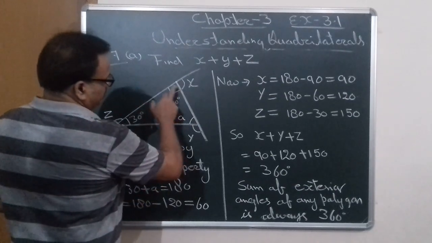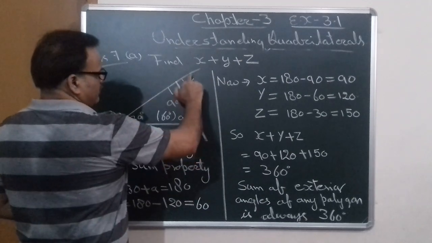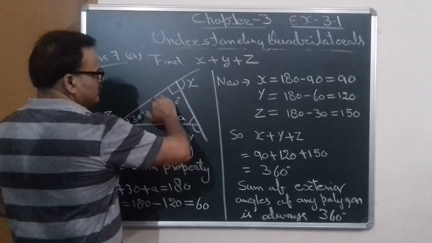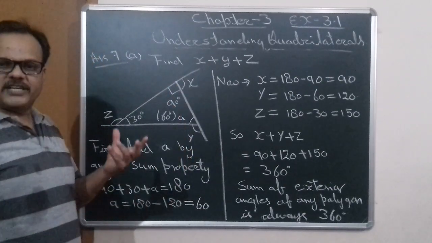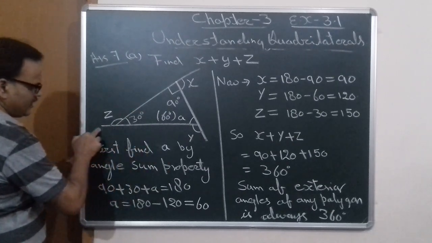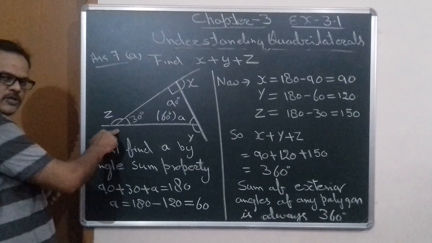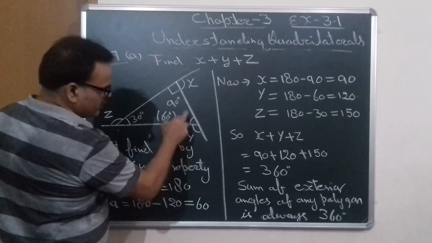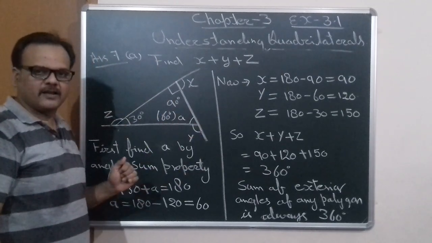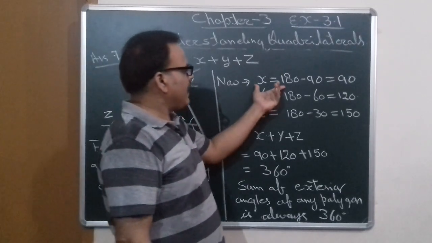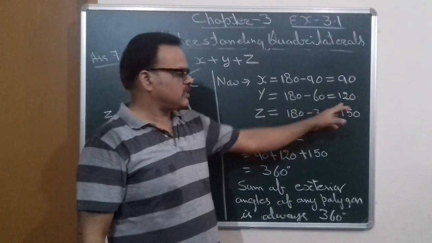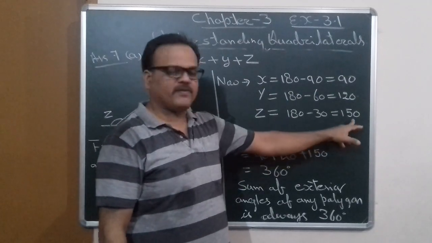Now find the exterior angles. Now remember, this line is a straight line. So if this angle is 90, it means this is also 90, because a straight angle is 180 degrees. In all the 3 cases we have a straight line. See, this line is also straight. So z plus 30 is also 180 and A plus y is also 180, because this line is the extension of this line, so it is also a straight angle. With the help of this, x is 180 minus 90, 90 degrees, y is also 180 minus 60, and z is also 180 minus 30, 150.